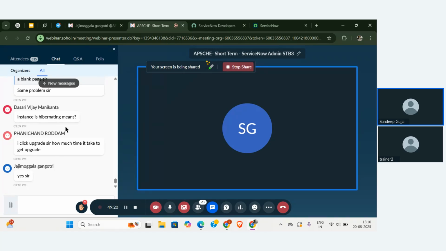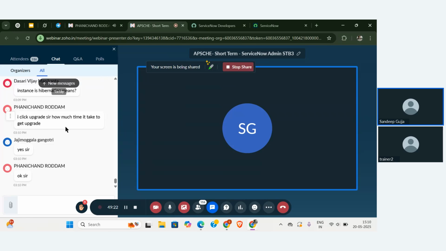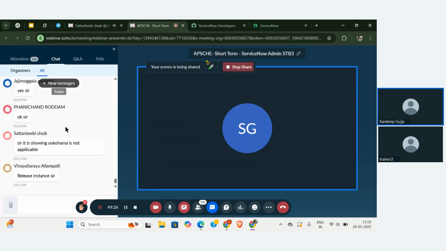So next, going with one more option called refresh instance. That is very easy, right? If you want to refresh your instance, that means whatever configurations you have performed but are not showing on the instance in the PDI. Suppose we are building one customization but it is not showing properly, what we can do is refresh our instance. It reloads the entire data and shows it very clearly.